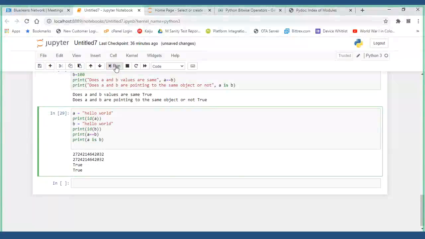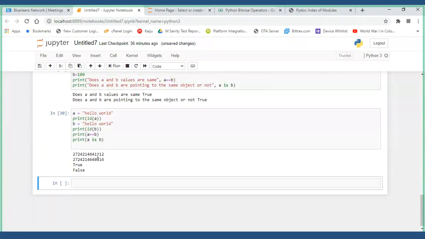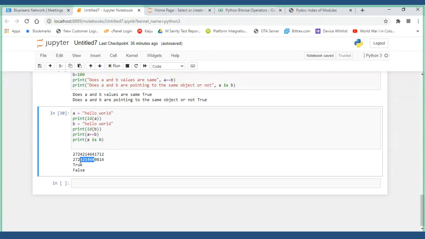Now you see what is happening, both are stored in different locations, but the text, hello world, is same. That is what A is equal to B does. Content we are comparing, this content and this content, yes, both have same content. But when I say A is B, I check whether these memory location values are also same or not. No, they are different. So it will return false.